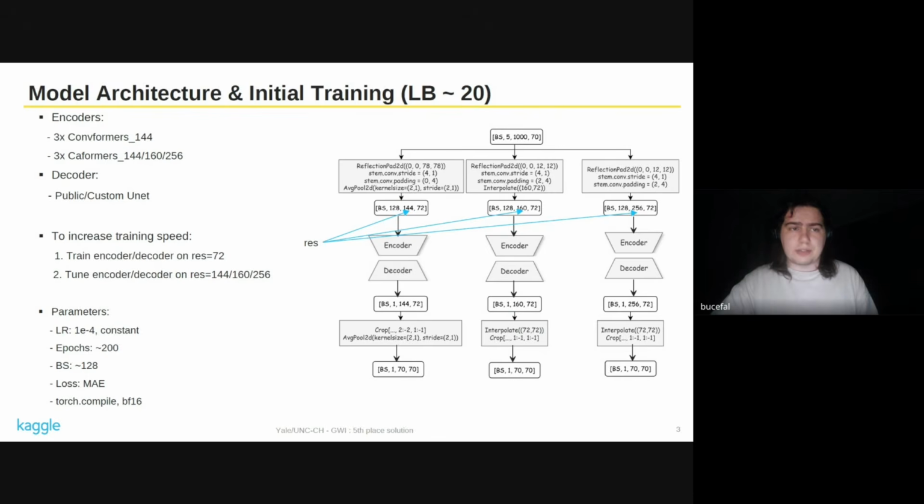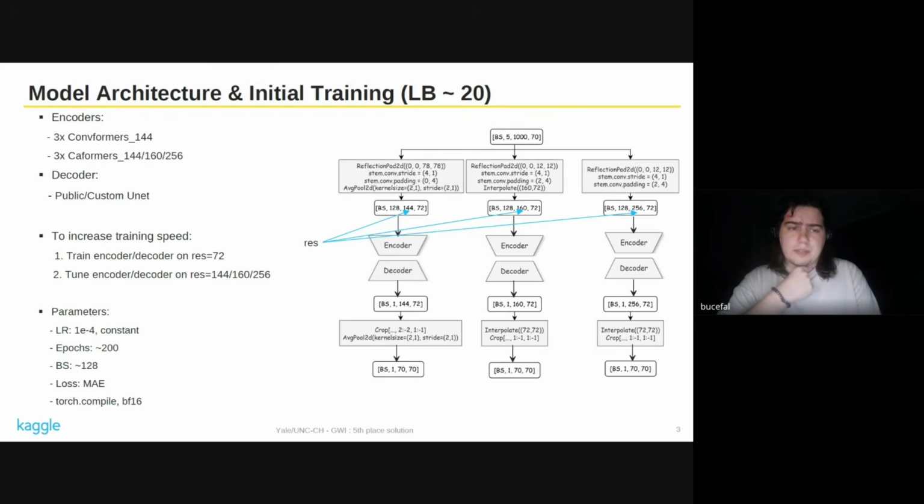We tried large conformers, huge conformers, and so on, but I guess pretty small models in the end worked best for us. And I guess the key part here was to play with resolution.